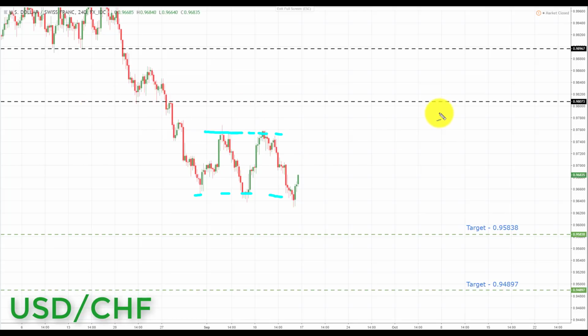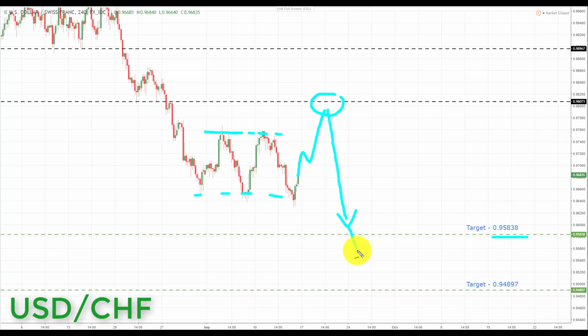looking to turn resistance at 0.9807, if we can get a pullback and a retest of broken support turning resistance, this is going to be a great place to start to look for bearish formations and patterns. And we're going to be looking at initiating shorts down towards the next key area of support to the downside and the target set at